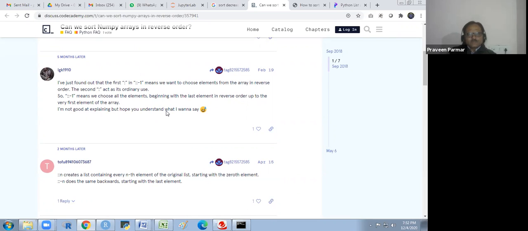And there is, I think, a little bit satisfactory reason given here. You see, you read this one. It is a little bit satisfactory. We want to choose elements from the array in the reverse order. The second colon acts as the ordinary use. The first means we choose all the elements beginning with the last element in reverse order up to the very first element of the array.